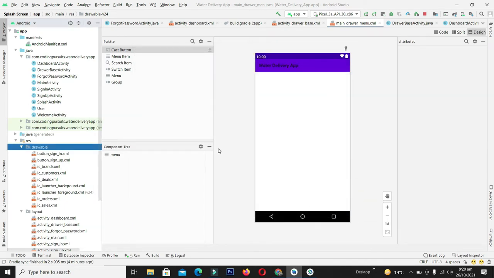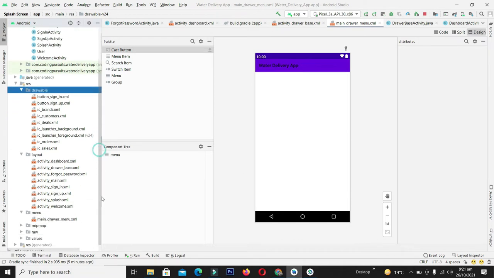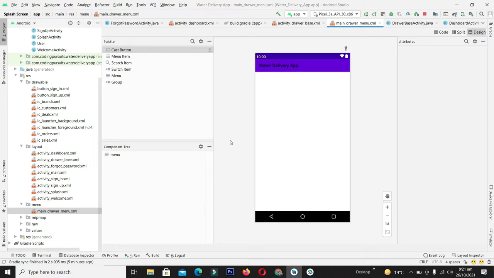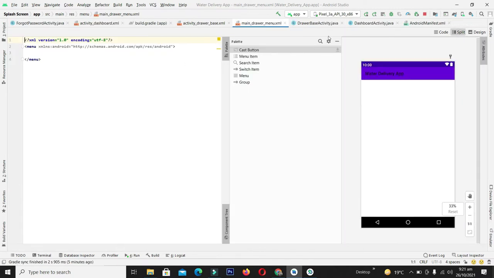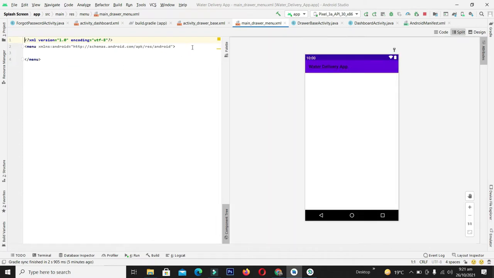So okay guys, all my assets have been imported here. So now let's design our navigation menu from here. Let me hide some windows to see the things clearly. And from here, let's